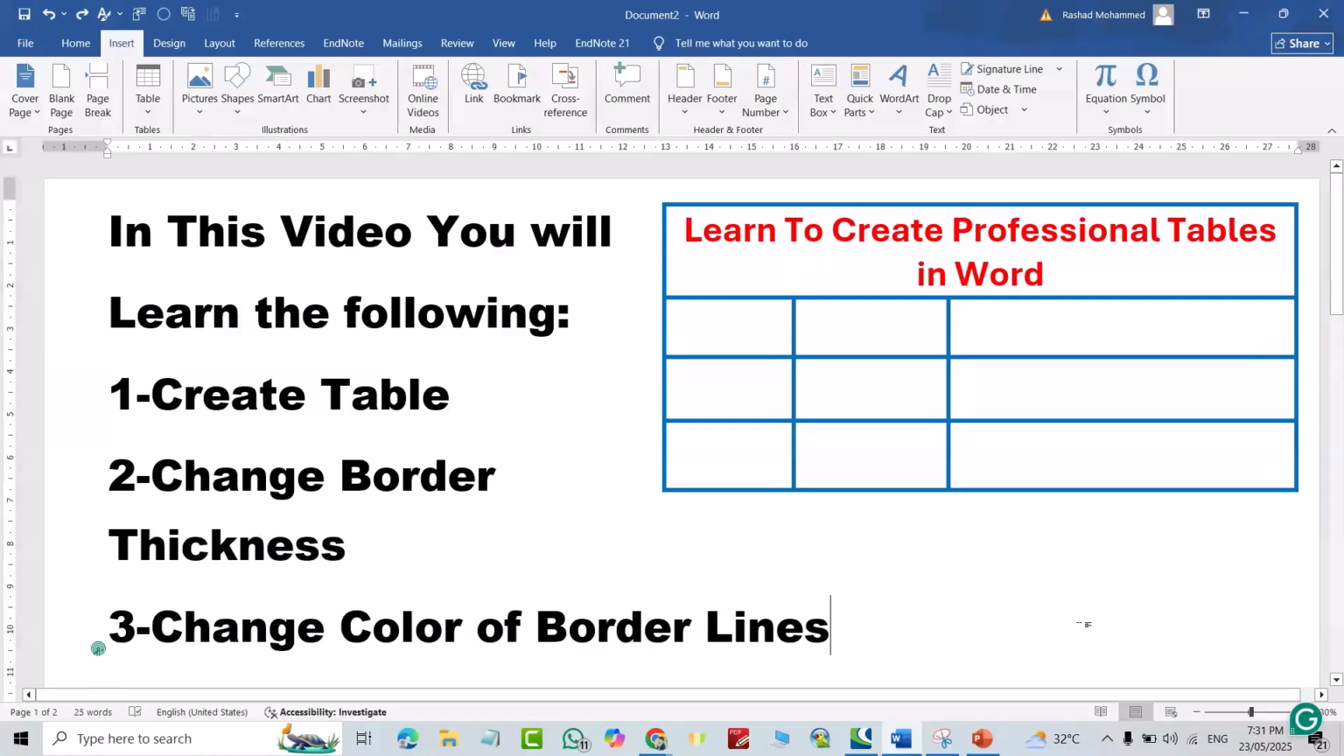Hi everyone, in this video I'm going to show you simply how you can create an advanced table in Microsoft Word. If you watch to the end, you can learn to create a table, change border thickness, and change color